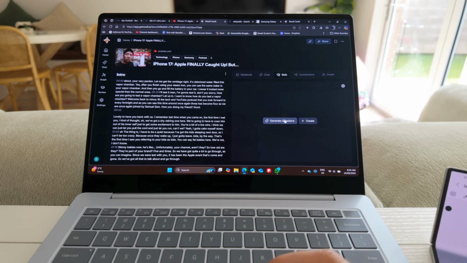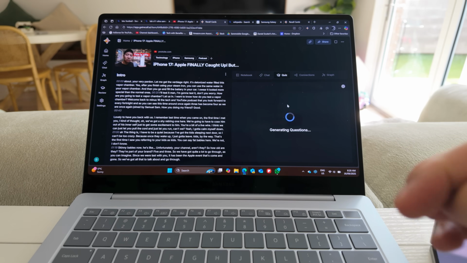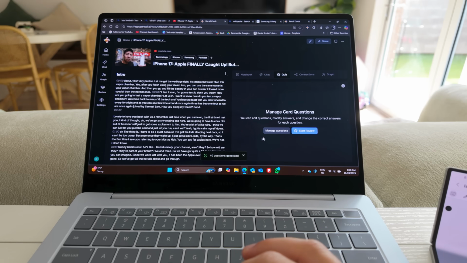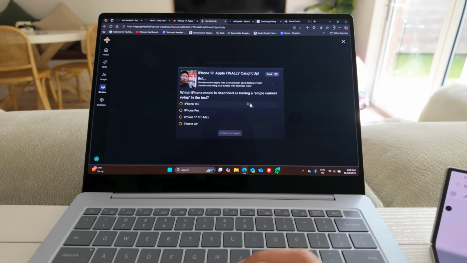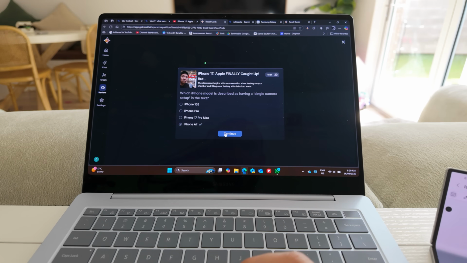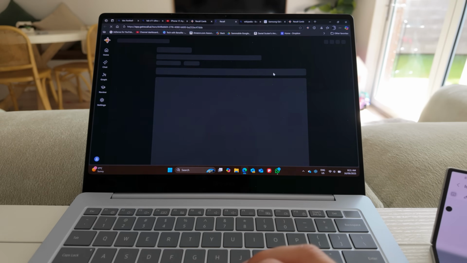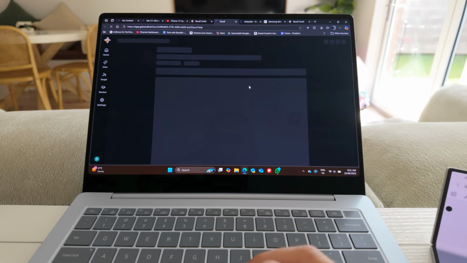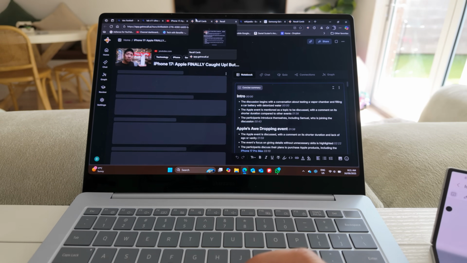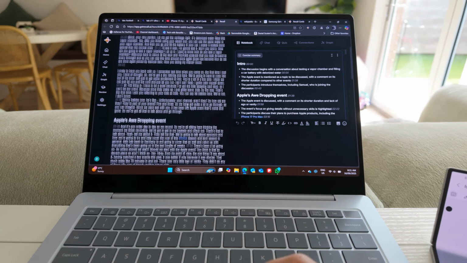And what I really like, as a quizmaster, I'm the host of trivia every Wednesday night, is the fact that you can even create quizzes to help you remember, or pun intended, recall information, because quizzes are a great way to retain knowledge and remember it for later. Which iPhone model is described as having a single camera setup in the text? Oh, there's two. But I think it's the Air from... Yes. Oh, this is cool. You can actually look and study almost at the actual whole thing.